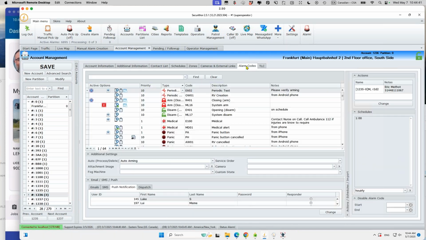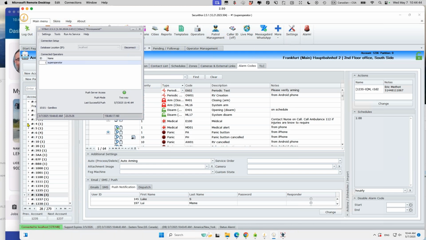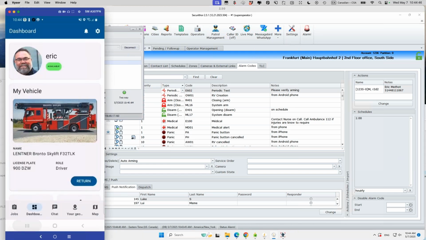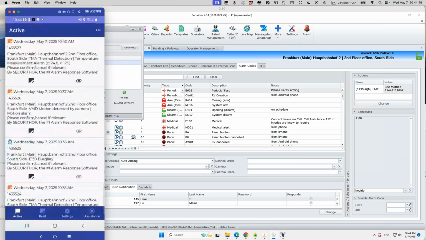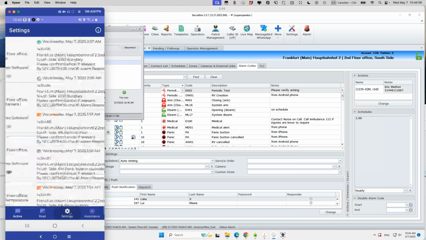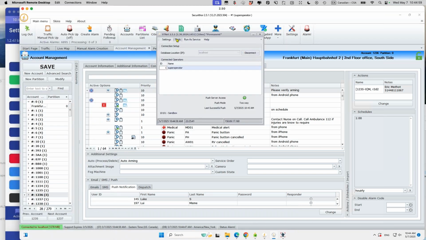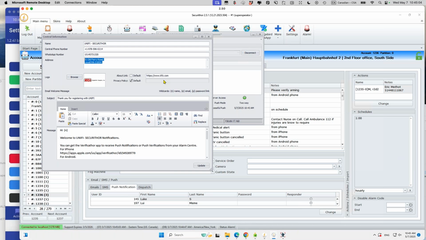So just to be clear, we say that the Verificator app is co-branded. The Verificator app is available on the App Store, on the Play Store, or MCDI account, but you are able to co-brand it, meaning that you go into your central info and you select the logo. You select your privacy, you specify your own central phone number and your WhatsApp number. Those are the ones that will show in the